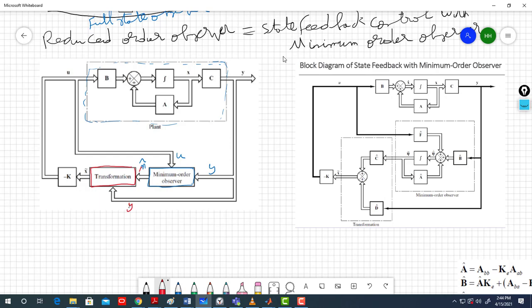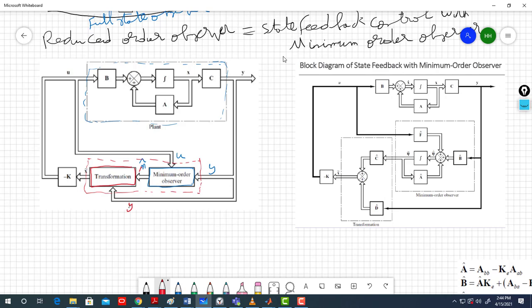So x tilde is the output of the minimum order observer and the transformation. So if you wish, the transformation plus the minimum order observer have inputs Y and U and output x tilde,